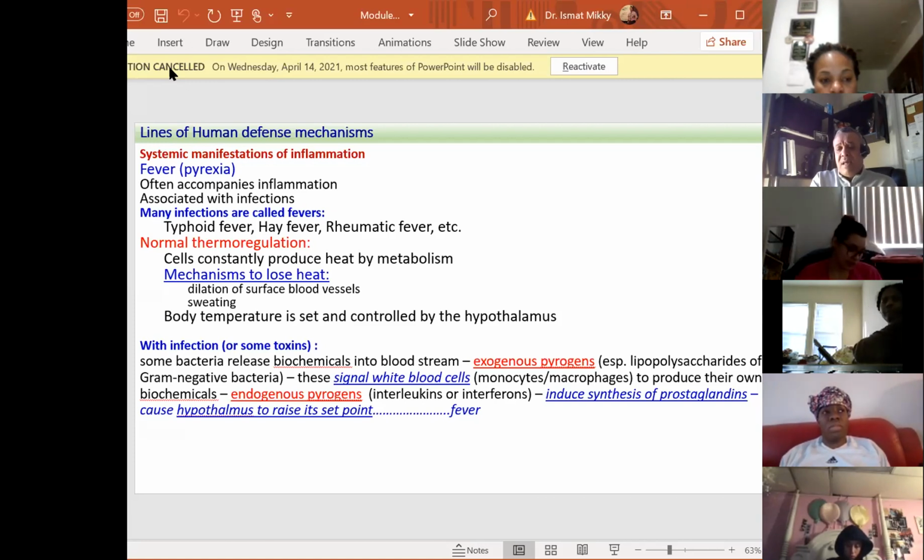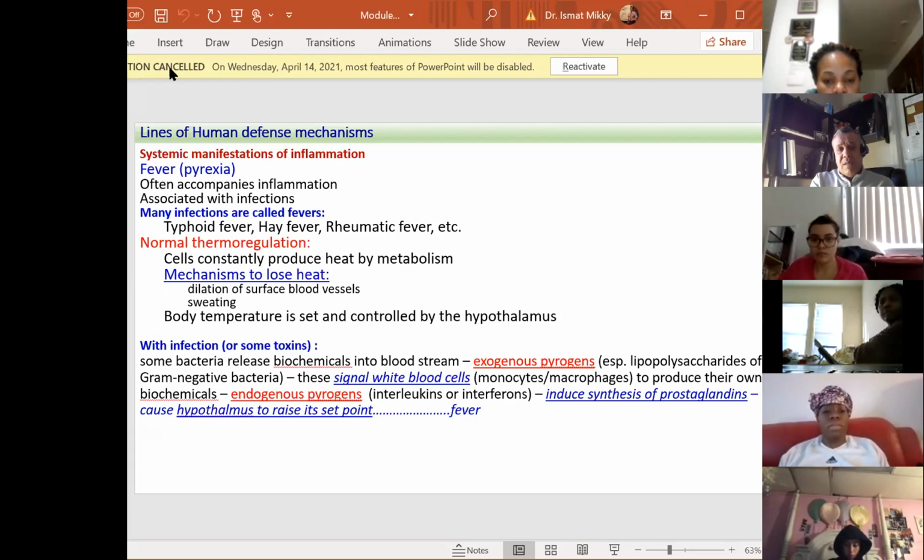which is the body temperature is usually regulated by the hypothalamus. So it says here that some bacteria release biochemicals, and it will be released into the bloodstream. And this will be considered as exogenous pyrogens. The word pyrogen means the substance that is going to increase the temperature. So it's exogenous pyrogen because that's the toxins from the bacteria, which in this case are the lipopolysaccharides, mostly from gram-negative bacteria,